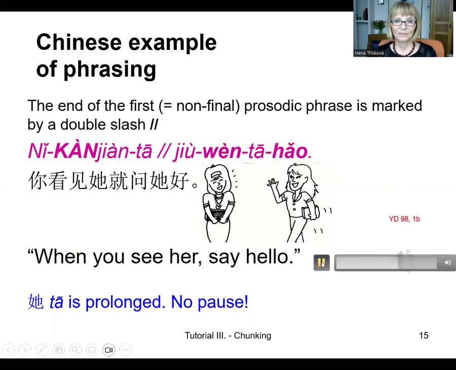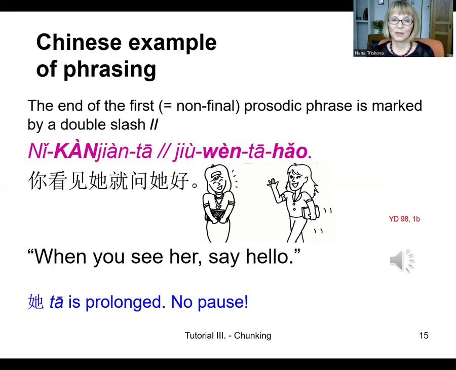你看见他就问他好。你看见他就问他好。 There are two prosodic phrases. The first one is finished by a double slash, and you can hear that ta, although it's not stressed, is prolonged. And there is no pause, there is just this prolongation of ta. Listen to it once more. 你看见他就问他好。